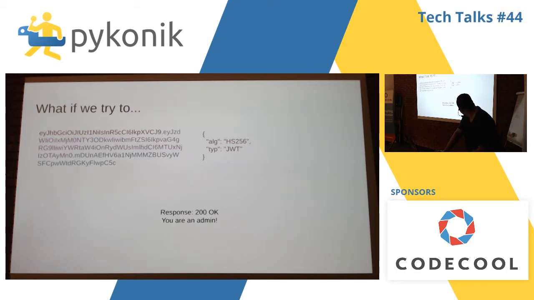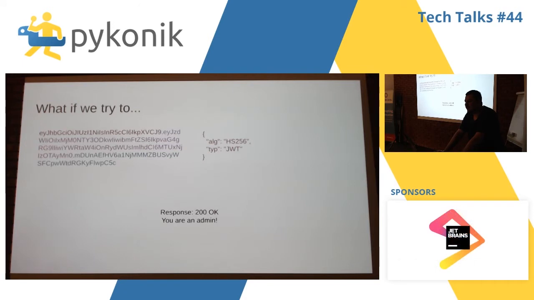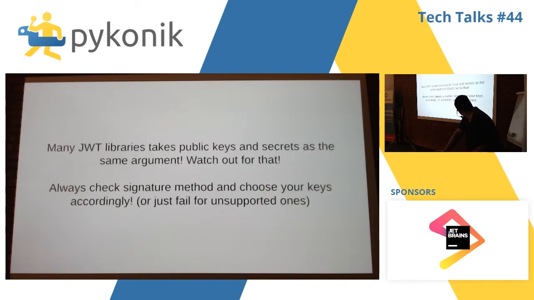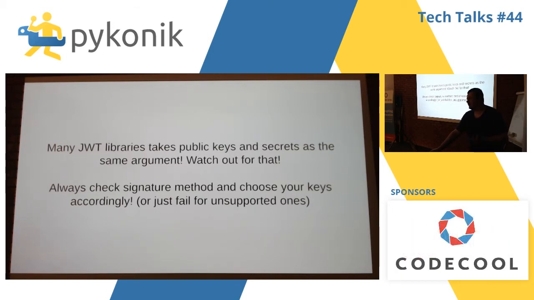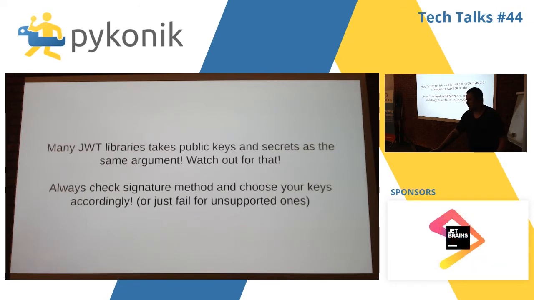Well, yes, we are admins. Why? Because most of the time, many JWT libraries will take just two things when validating a token: your token data and the key. It doesn't distinguish between asymmetric and symmetric key at this point. So if you put some key and it looks like it should be symmetric